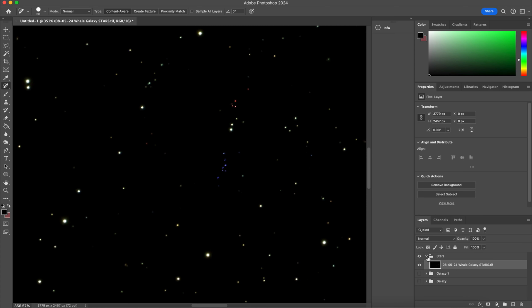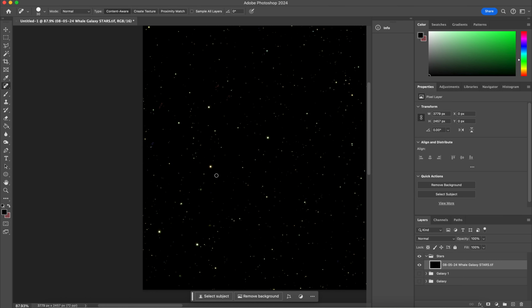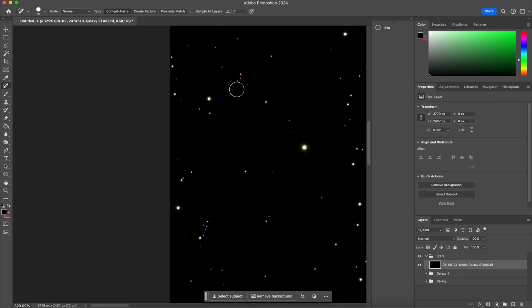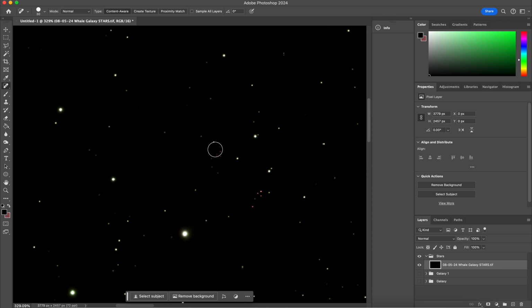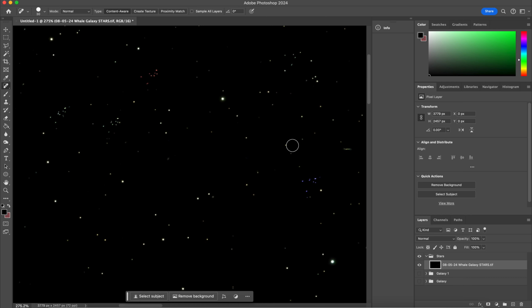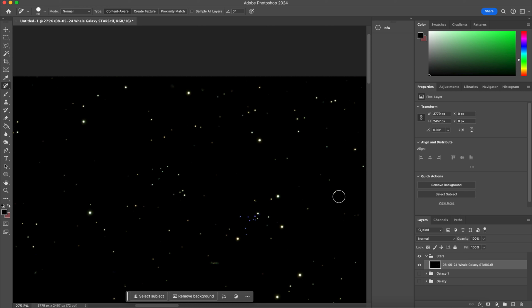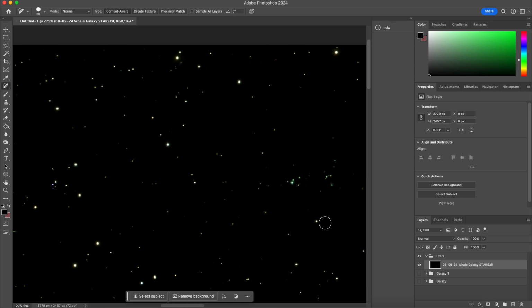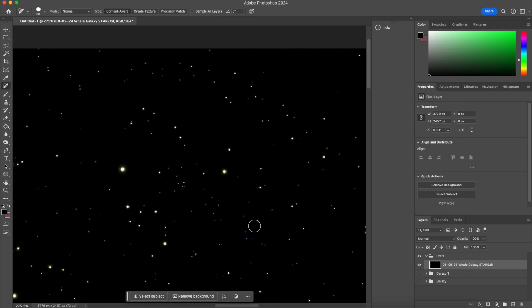So I'll turn off these galaxy layers. We go over to our stars here, and I'm going to go to the healing brush, and I just paint over these, and it just gets rid of them. So we've got a couple of other areas here where for whatever reason my darks didn't quite remove these hot pixels. So it's very easy with the healing brush to get rid of these unwanted hot pixels there,